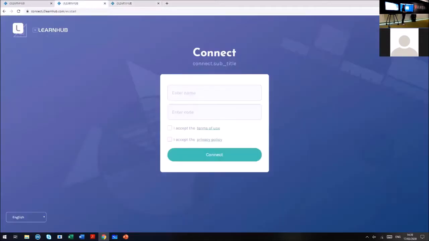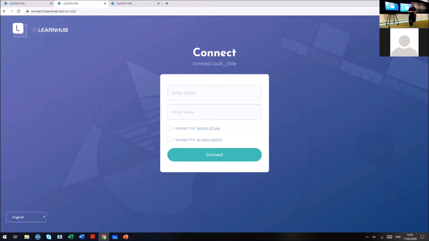Third step will be for the students to connect to your lesson. To do that, they will open a website which is called the Connect website. The URL is on your screen right now, here on the top, connect.i3learner.com. Important to know is that students don't need to install an app or any other software enabled to connect